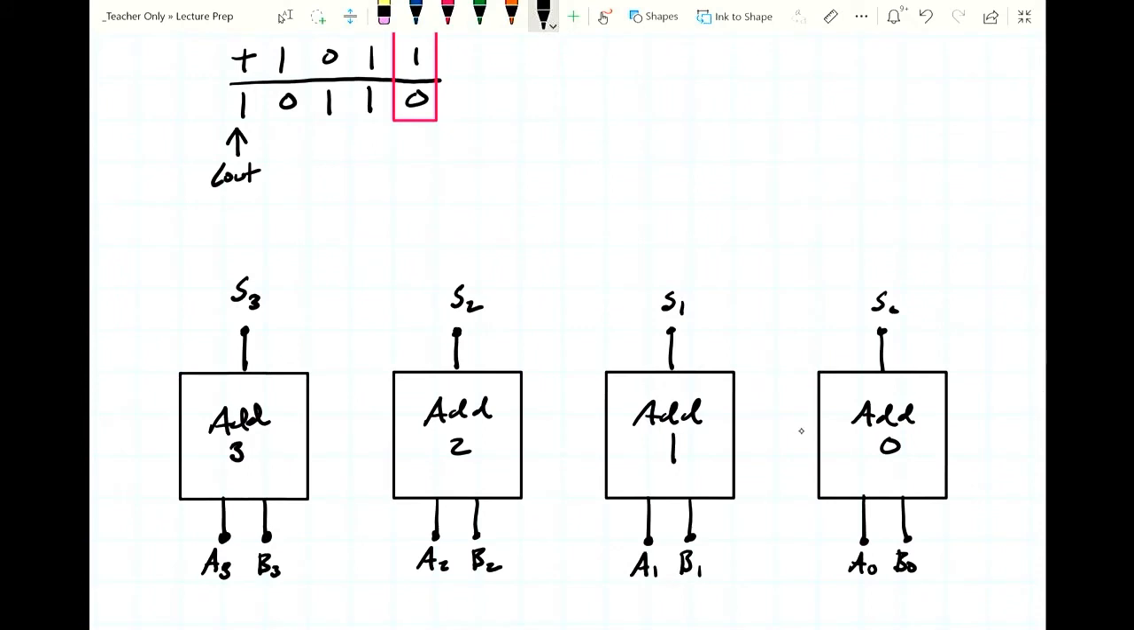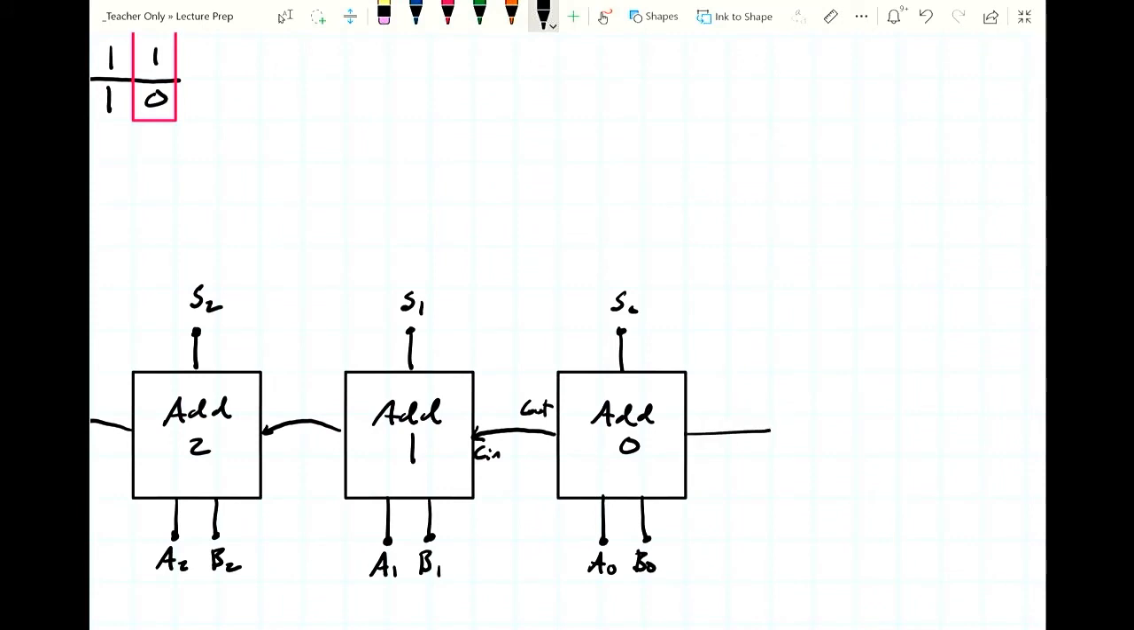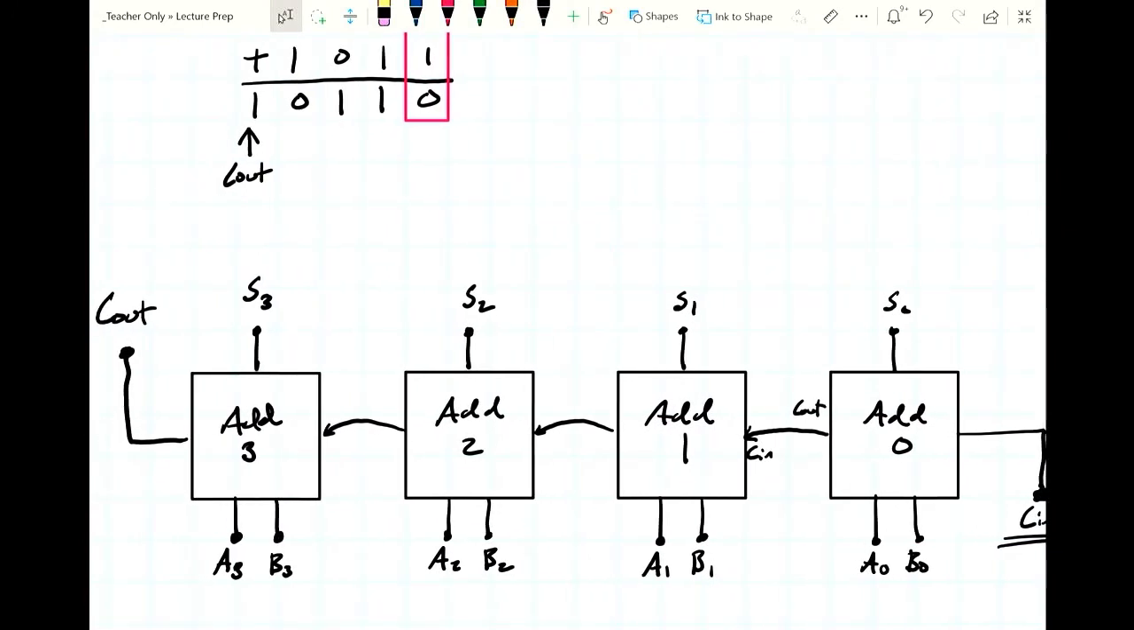We'll have the carry out of A0 go to the carry in of A1, and then we'll repeat that process over and over. And then finally, the carry out of our last adder is going to become our official carry out. And we also get a carry in on the input side, and we don't really need it for addition, but it exists. We get it for free. And as you'll see, it does have some use cases. There are some interesting computer science and computer engineering reasons why you would want to take advantage of that